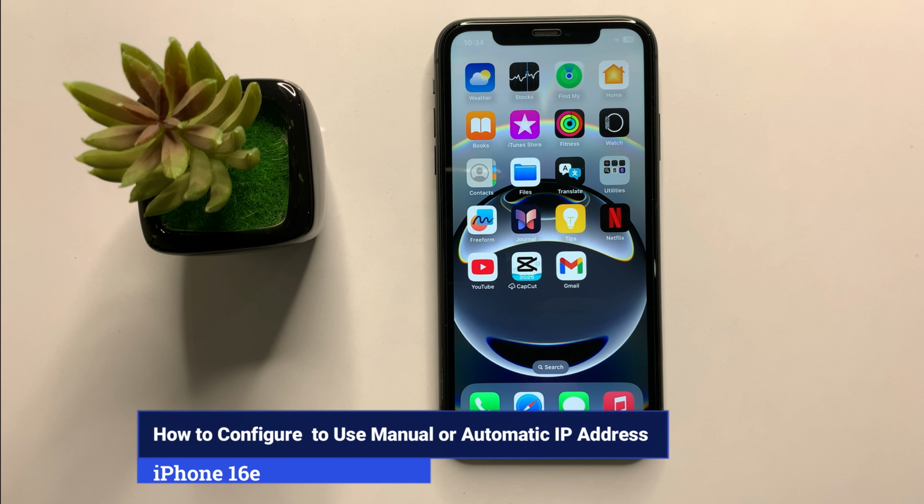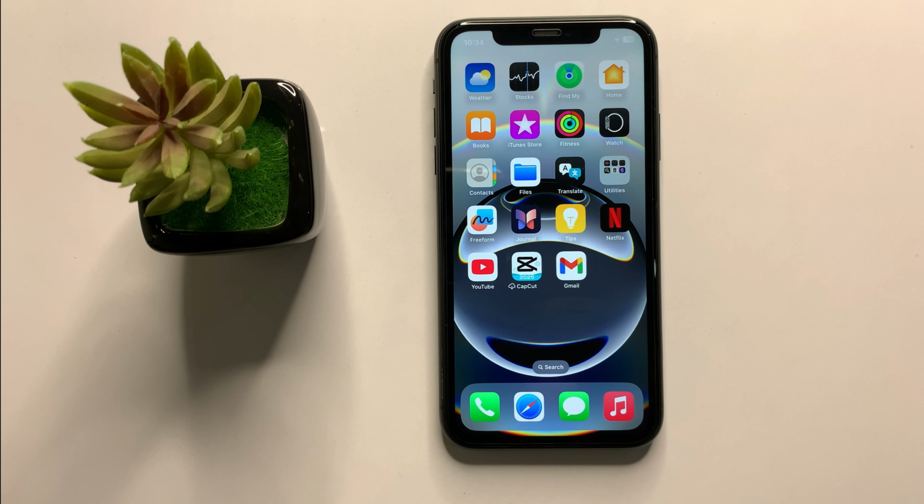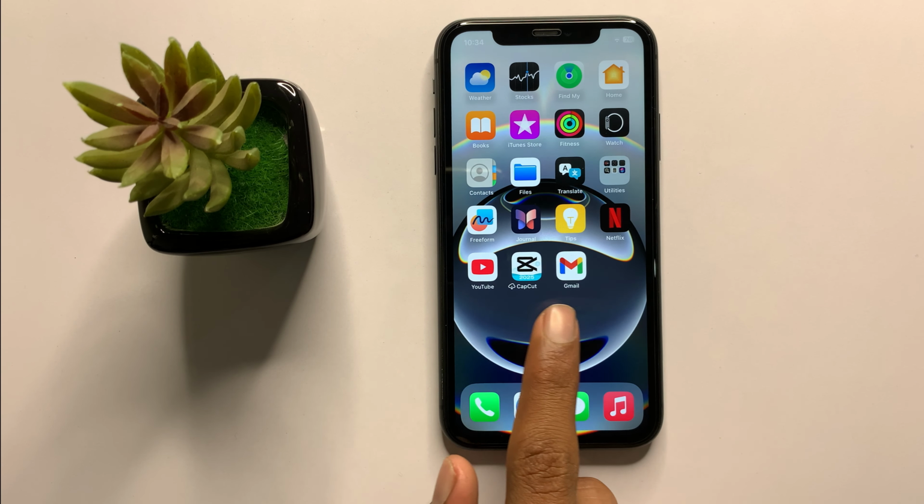How to configure iPhone 16e to use manual or automatic IP address. So let's start the video. First of all,